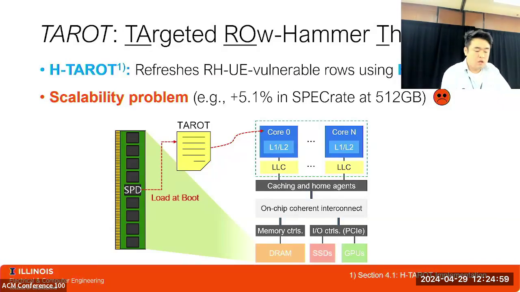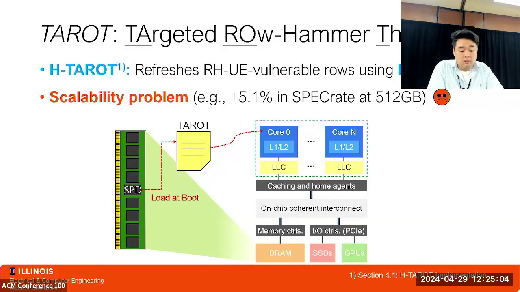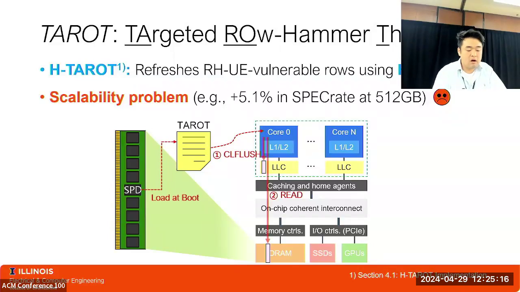During the system bootup, HTAR obtains the Rowhammer-vulnerable addresses from the SPD chips in the module. HTAR is activated periodically to flush the corresponding cache lines, and then it accesses the DRAM to refresh the vulnerable row addresses. However, as DRAM technology scales and DRAM capacity grows, HTAR should access more addresses within a given refresh